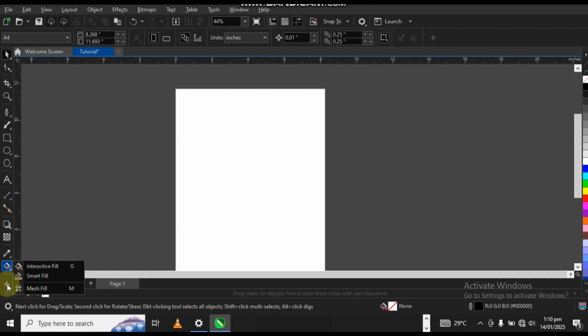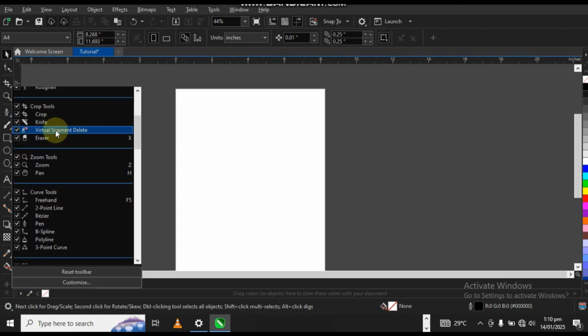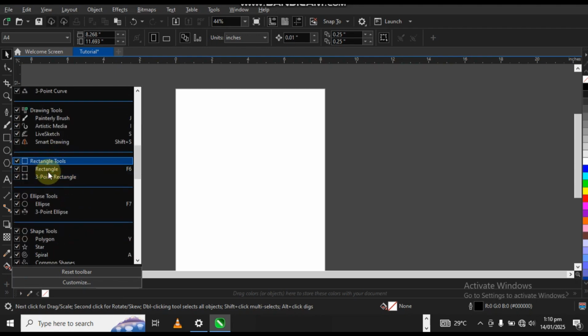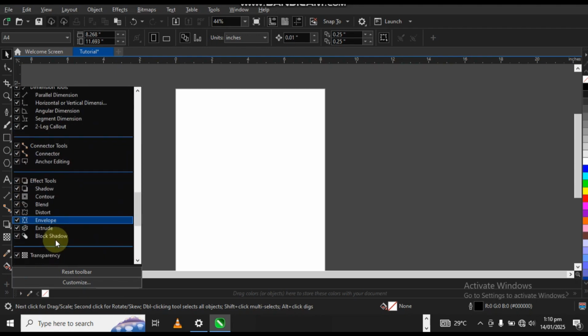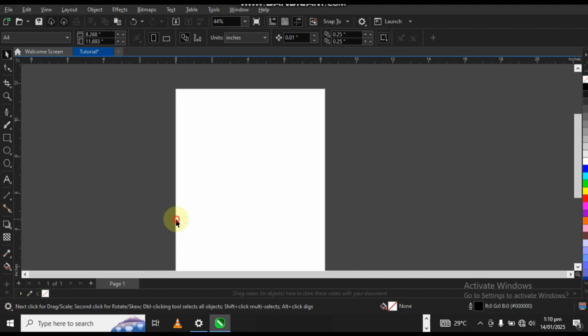Then for this particular one, this is where I can add other tools. So let's say I click here, you can see all my tools. Whichever one I need, I want to add, all of them are here. Or whichever one I want to remove, I can just remove. You can see your reset, you can see your customize, and that's all for that one. This one is just like settings, whatever you want to set, but it's not necessary. So this is for these tools. Maybe in my next video I will show you how all